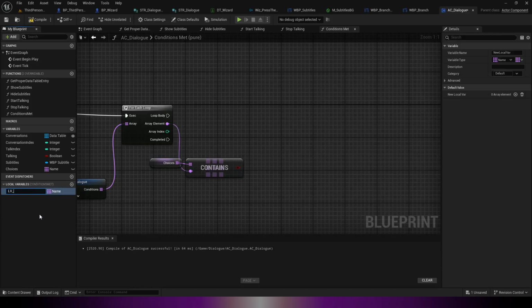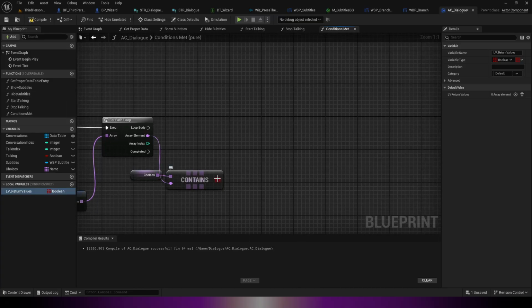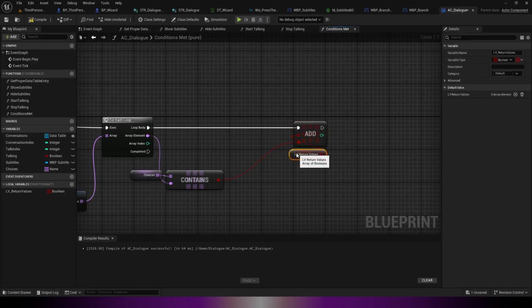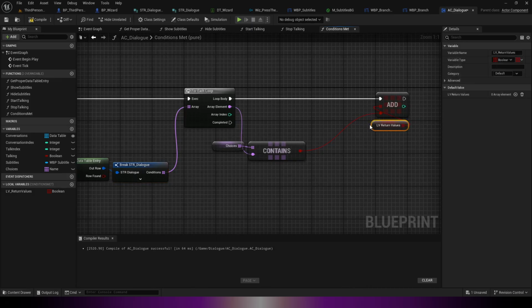I will call this lv underscore return values. Make this a boolean, not a byte, a boolean. And we add our output to this boolean. So for each of these conditions, we check whether or not it is in the choices that we